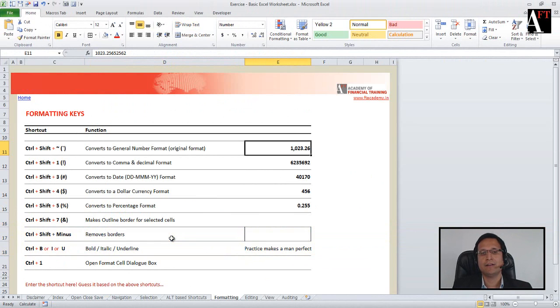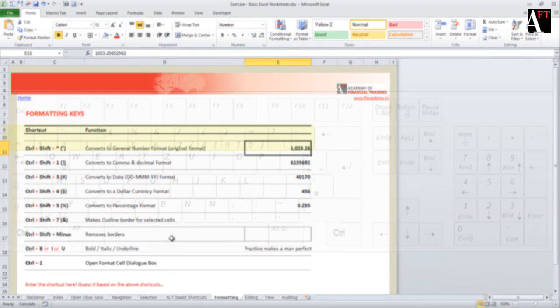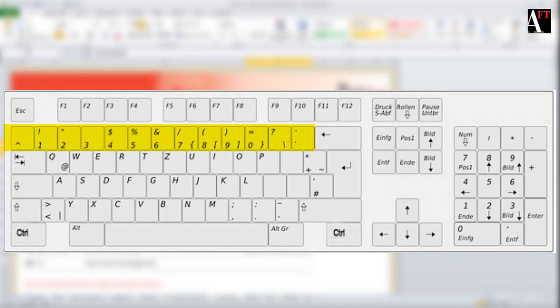Now what we have here is a few keystrokes. First of all, please note that we are going to use Control and the Shift key heavily throughout this. And in addition to holding on to the Control and Shift key, we'll be using the numbers from the number strip. When we say number strip, it's the strip which is below the function keys. Now it's pretty quick and easy. So all we need to do is hold on to Control and Shift key first.